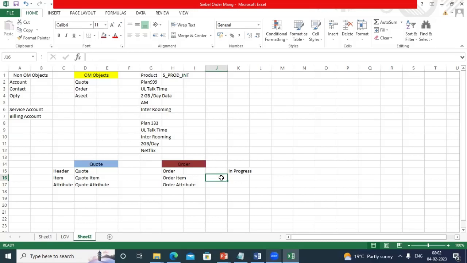So there will be a validate button. Once we click it, we have a customized business service. Different organizations have implemented different concepts to validate this. It will read all these line items and check whether they are compatible with the root or not. Any business validations I want to implement will be done with this validate button. And once the order passes all the validations, the status will change to